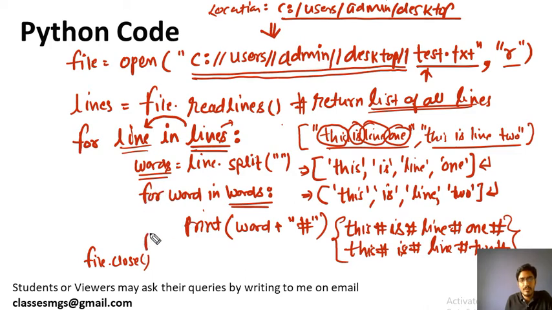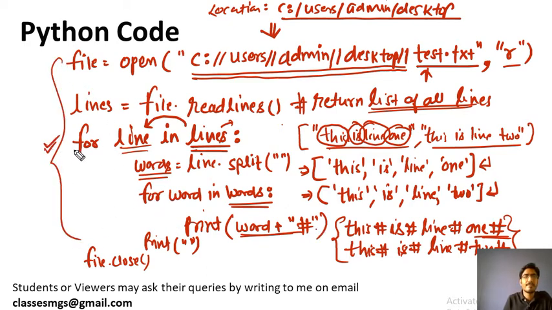the end of this for loop we will write a print statement with double quotes, because otherwise the whole word will not be shown line by line, it will be shown in a single line, because this print will print all those things in a single line. Okay, so keep this in mind. This is the Python program.